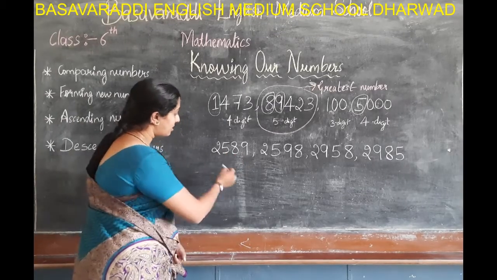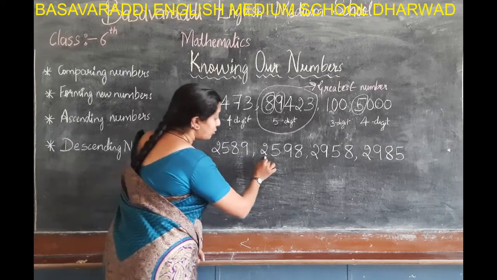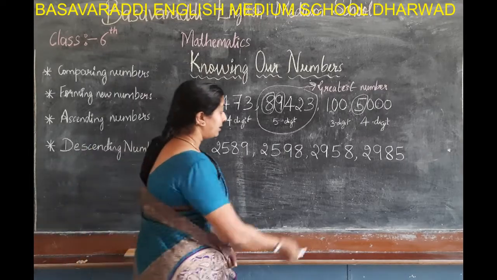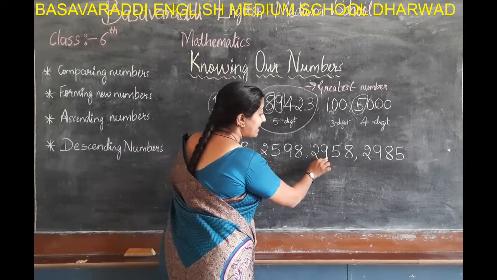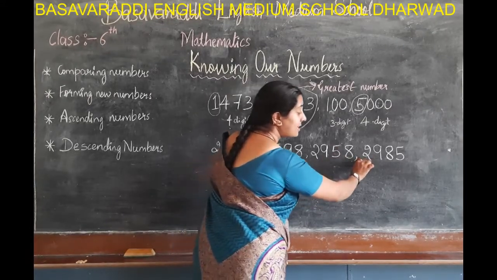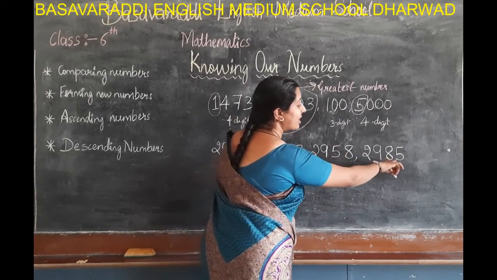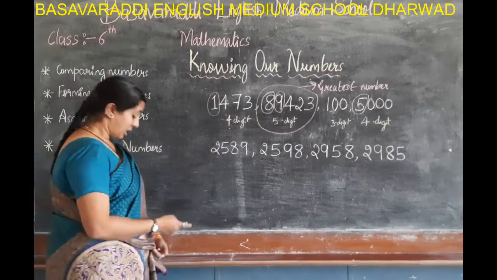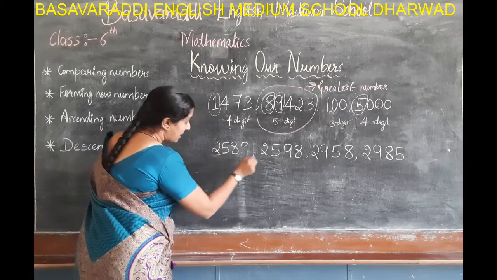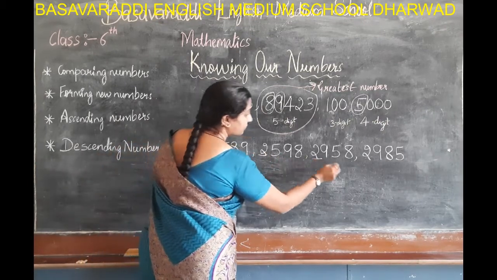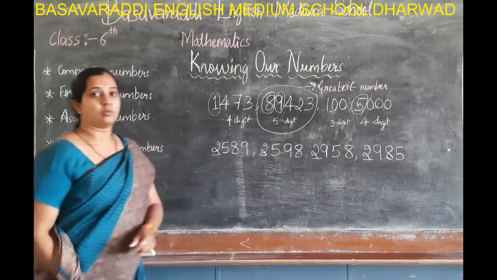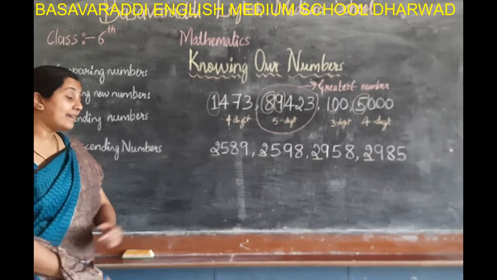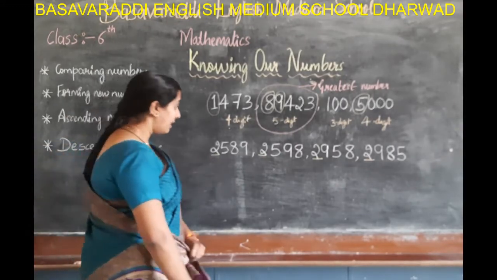2,589. Yes, 2,589. Then 2,598. Next, 2,958. And lastly, we have 2,985. This is very tricky. See, in all the thousands place, we have 2 only. We have 2, correct? Now, if they ask to find out which is the greatest number among these, then first